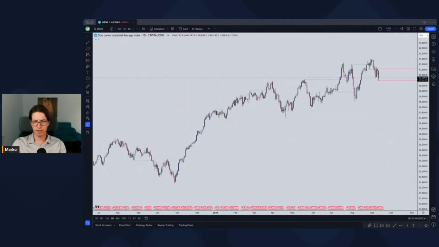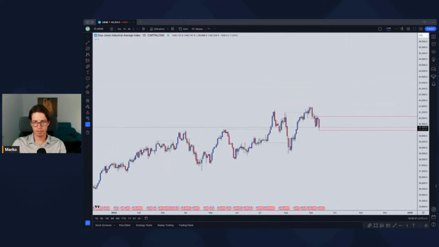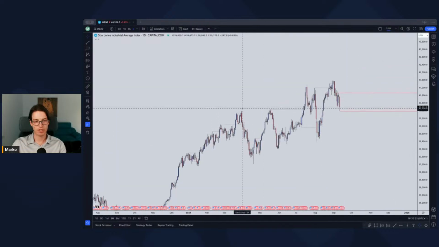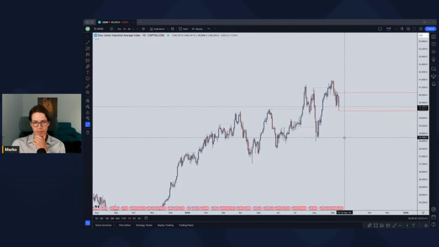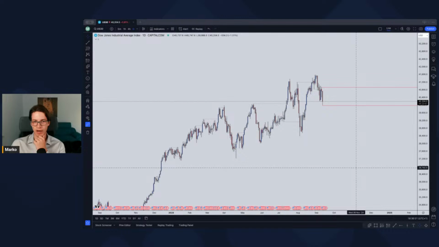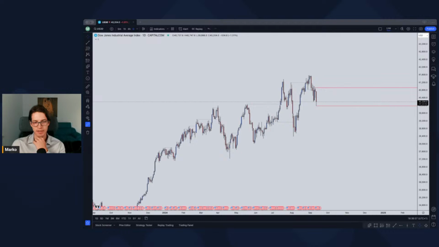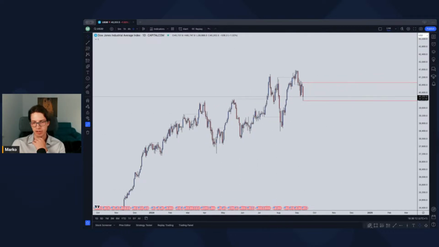Kind of the same story. It looks pretty similar to gold, right? So just breaking the highs, retracing, struggling as we're going up. Struggling. It cannot go up further. I mean, it can, but the technicals are telling me that it's struggling. So for me, I see this as a sort of an exhaustion of the move, and I would actually expect